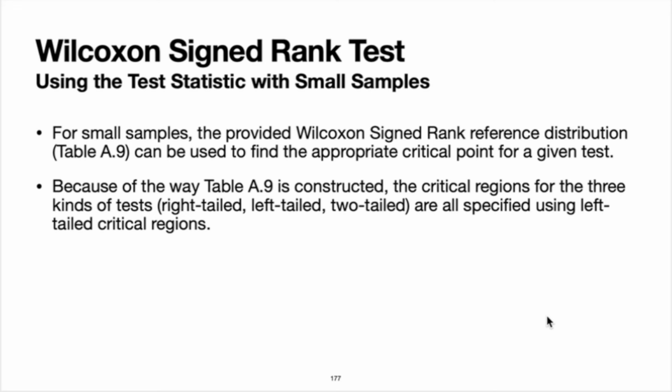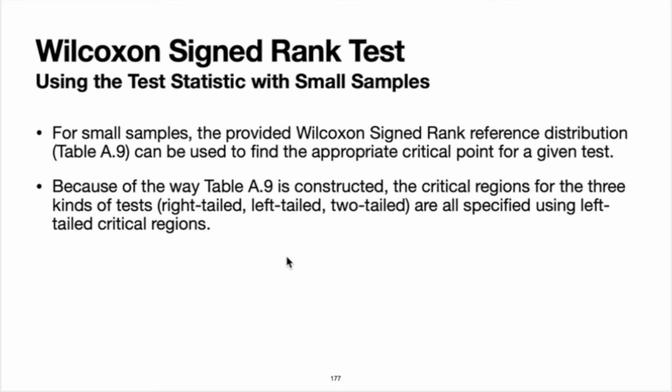Now, for small samples, the provided Wilcoxon signed rank reference distribution can be used to find the appropriate critical point for a given test. And like I was saying before, because of the way Table 8.9 is constructed, the critical regions for the three kinds of tests that we've just described, right-tailed, left-tailed, and two-tailed, are all specified using left-tailed critical regions. Now, the reason that they've constructed it this way, and the reason that other books, for example, might